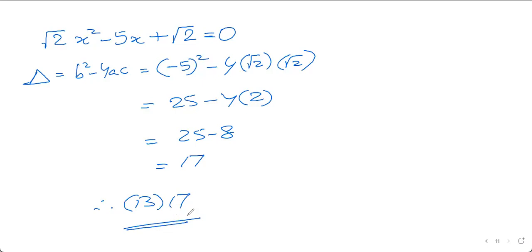That's correct. Alfia, when you are writing b square, you are only writing 5 square. That is wrong. Here b is minus 5. Just because there is a square, both Prachi and Alfia, you ended up with the right answer. But if you get the b wrong, then if you use the discriminant formula, your answer will be wrong. The roots will be wrong. Be careful.